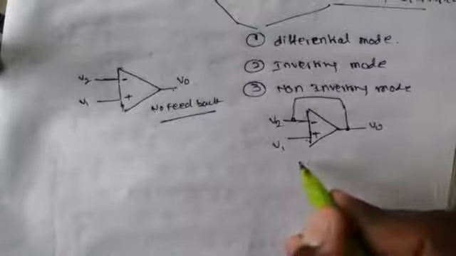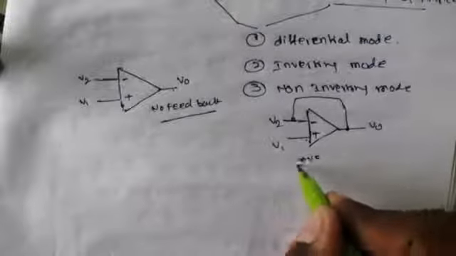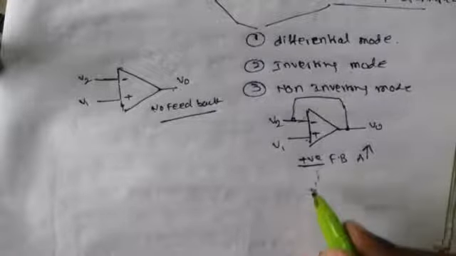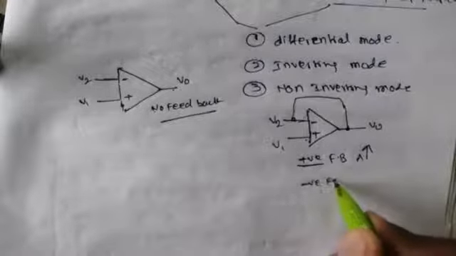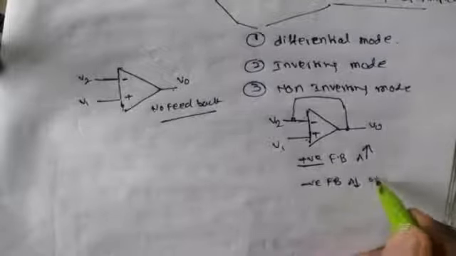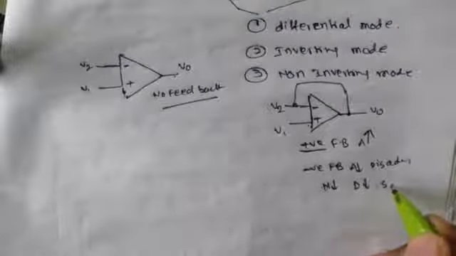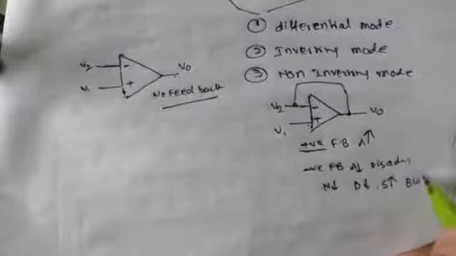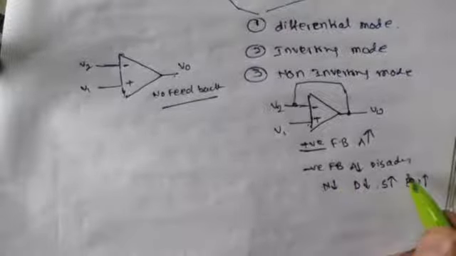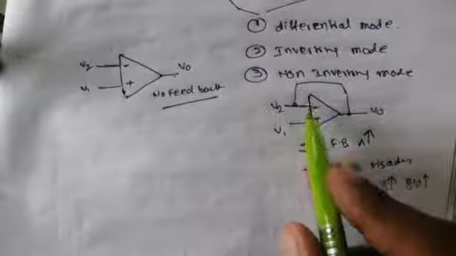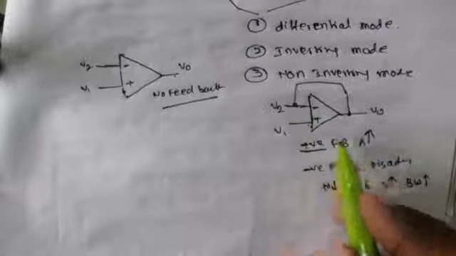In positive feedback, just the gain will be increased, and the rest are all drawbacks. In negative feedback, the gain will decrease. This is the disadvantage. The remaining are all advantages: noise will be reduced, distortion will be reduced, sensitivity will be increased, bandwidth will be increased. These are all advantages over the positive feedback system. That's why in operational amplifiers we use negative feedback.